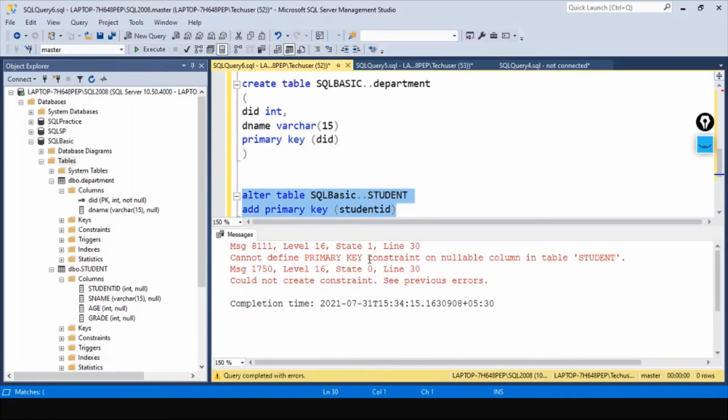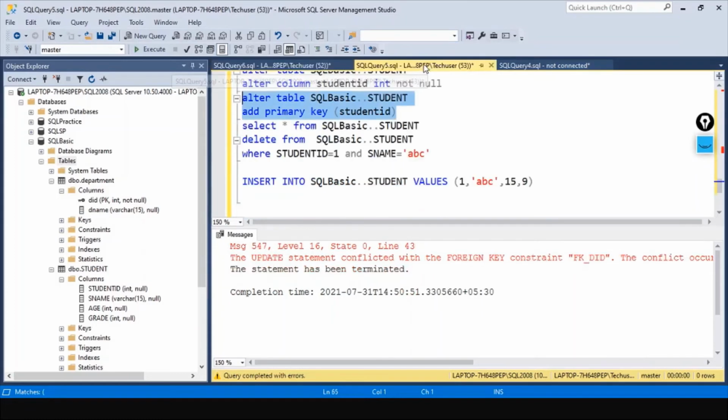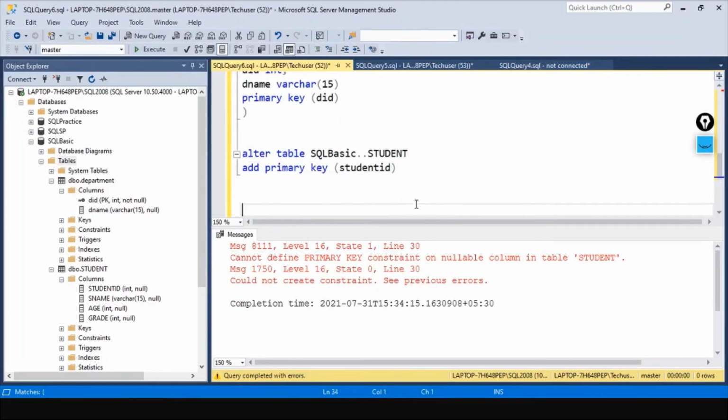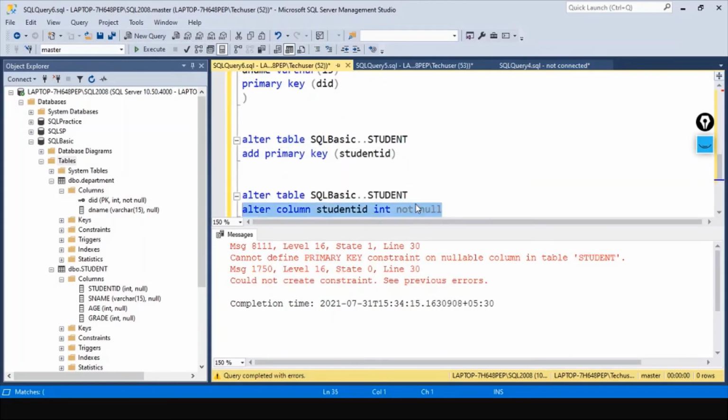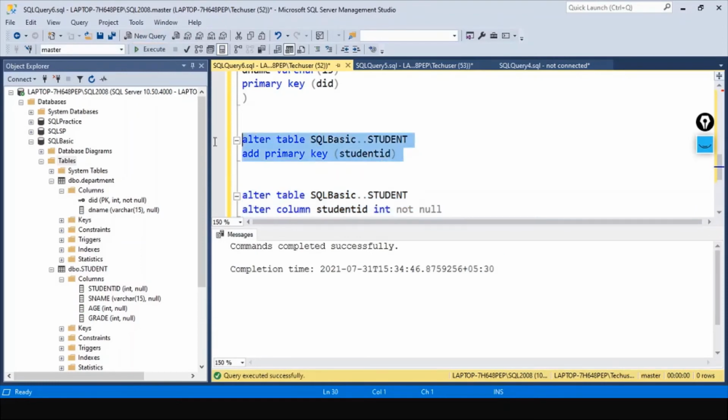Cannot define primary key constraints on null column. Okay, it is still not. First we should make it as not null. Okay, it is the same issue which we got when we tried to create previously. So I'm just making student ID as not null, and then I'm creating this as primary key. Okay, now we're successful.